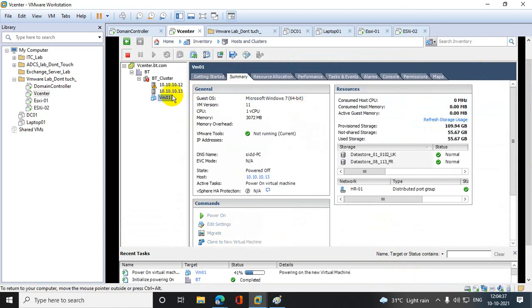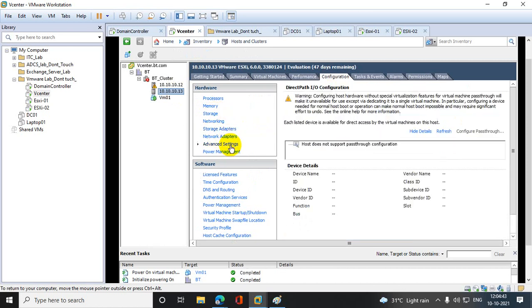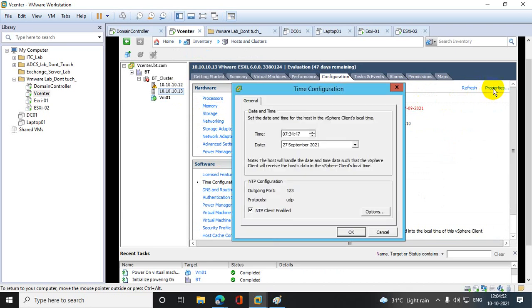Make it power on. Now see that configuration. Still it has the same problem. Properties. Set date and time for host in the vSphere client local time.